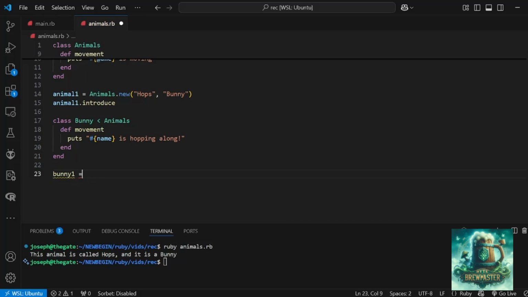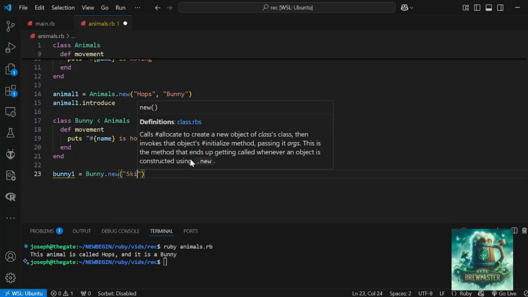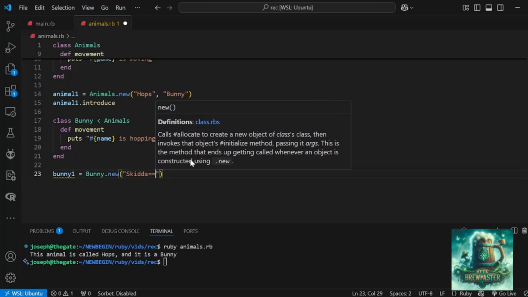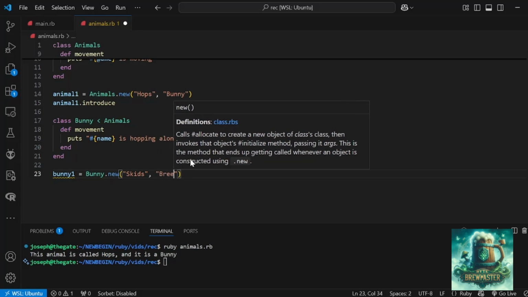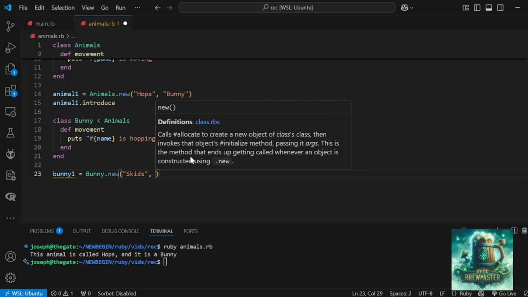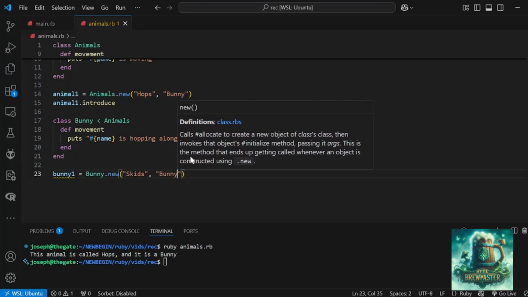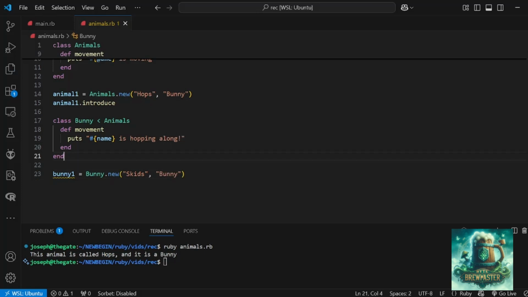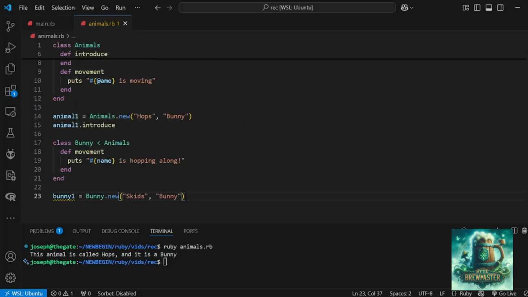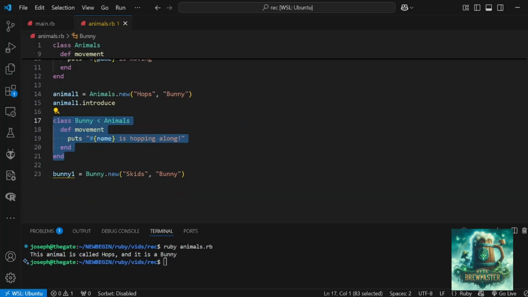Bunny equals, and we do bunny new, and then we'll add in Skids as the name. Why not? Skids, and the species will be breed. The breed will be, it's going to be a bunny. So we'll put bunny right here. There we go. So now we have a new bunny that's been created from this bunny class, because we're doing